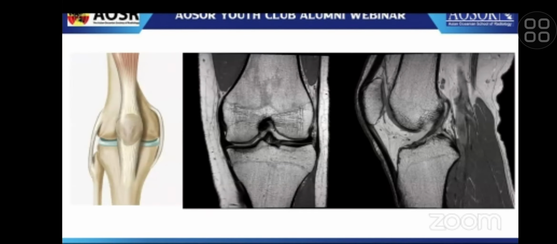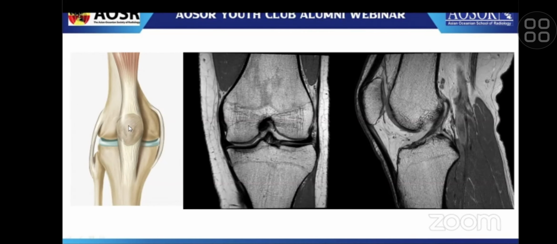So let's start with bony structures. The knee joint is composed of 4 bones: the femoral bone, tibial bone, and the fibular bone, which is not actually involved in the joint formation, and the patellar bone. When we are assessing bone structure, we should pay attention to bone marrow signal and cortex, and we should pay attention to the cortical structures and congenital development variants like